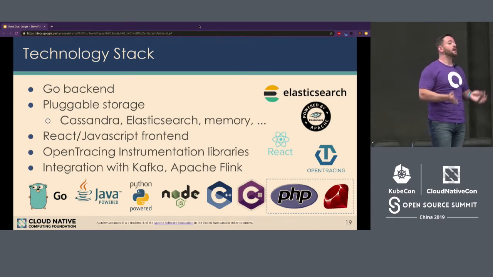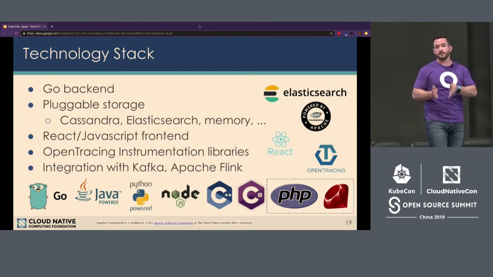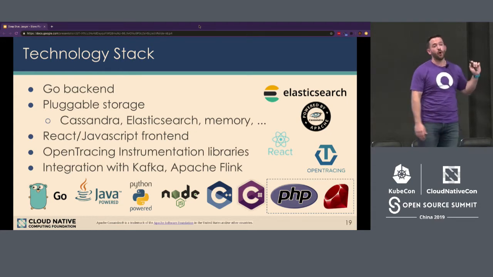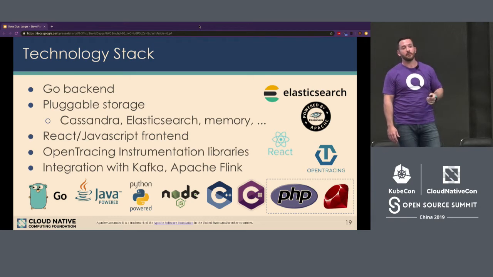And then it has a pluggable architecture so the community can contribute other backends if they want those as well. And there's a separate repository for that. It's maintained out of Jaeger core. Today that includes InfluxDB and Couchbase. There's also a GitHub issue open for other types of backends, such as DynamoDB. So if you're interested in contributing to that, PRs are definitely welcome.